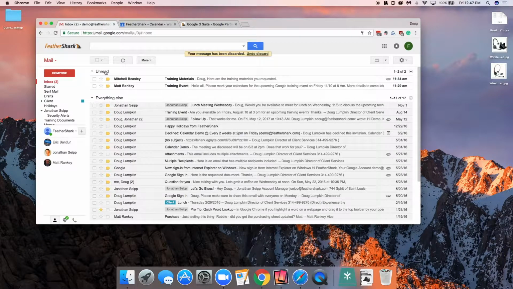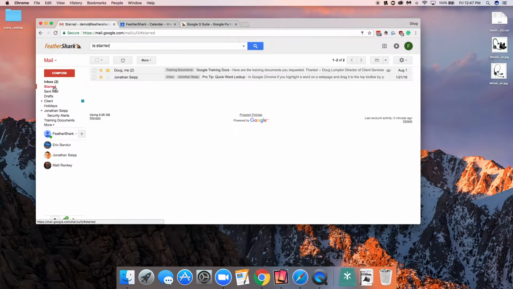So I show here at the top unread, and this email from Mitchell Beasley, and this other email from Matt Reinke. The starred inbox is anything that you've marked as important. So at one point, it looks like Jonathan Sipe sent me an email. This was way back on January 21st of 2016. Pro tip, quick word lookup. He's got some information about how to do a quick word lookup in Google. So that was deemed important. So now I can just click this starred email and then come back and look at any of the starred